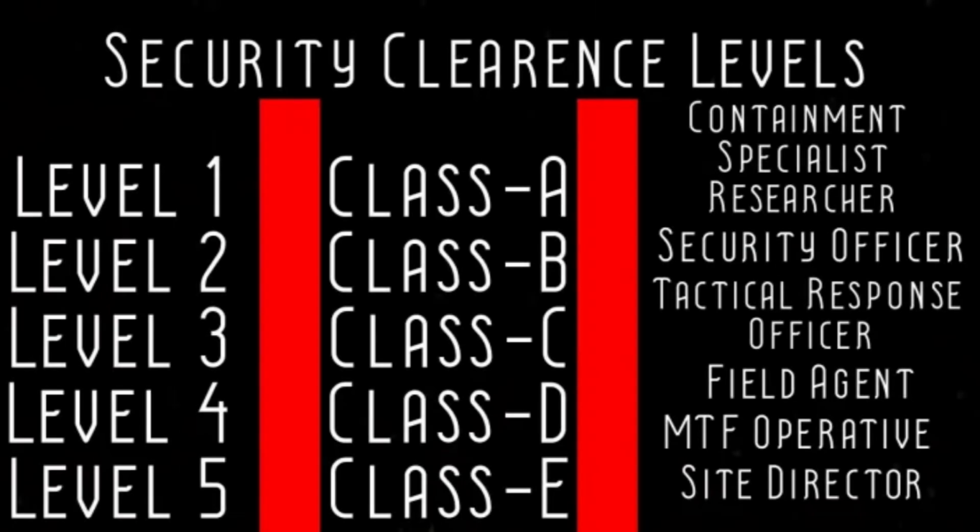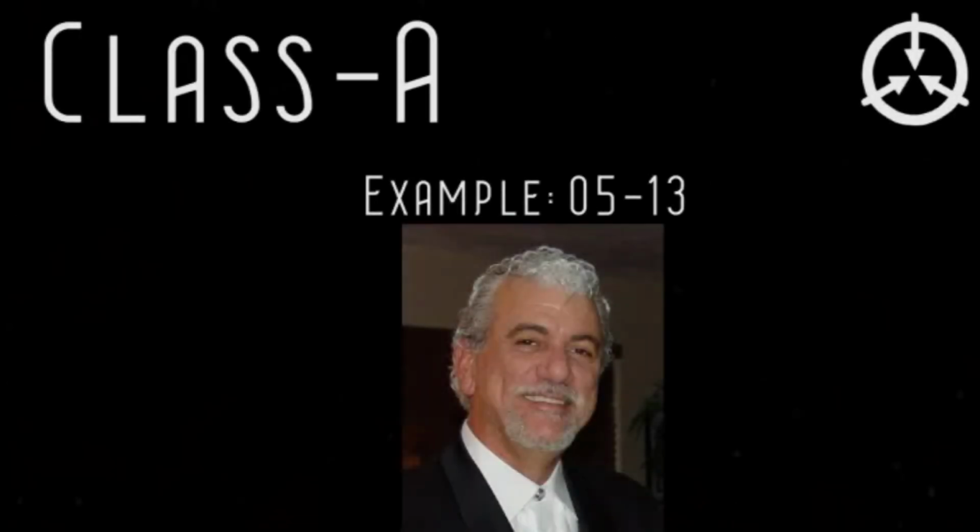Personnel classifications. Classifications are assigned to personnel based on their proximity to potentially dangerous anomalous objects, entities, or phenomena. Starting us off, we have Class A. Class A personnel are those deemed essential to Foundation strategic operations and are not allowed direct access to anomalies under